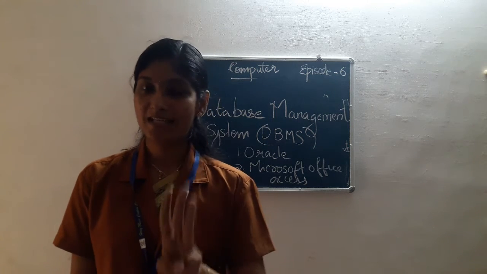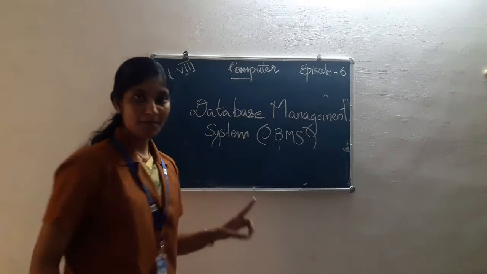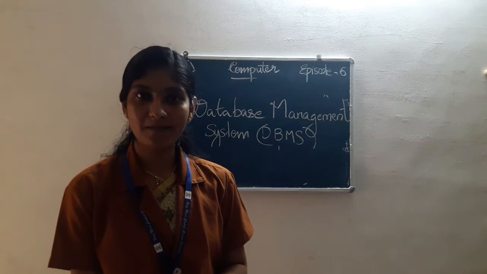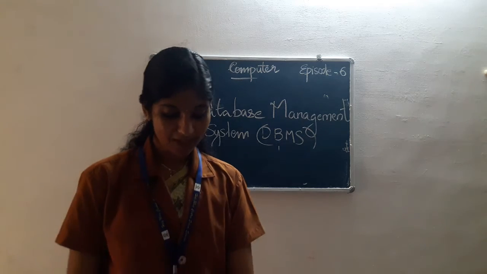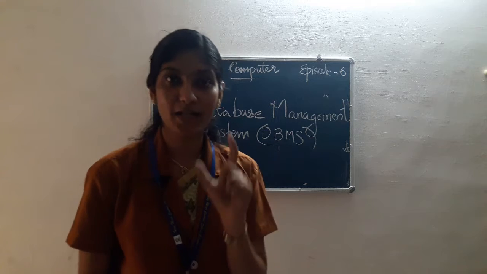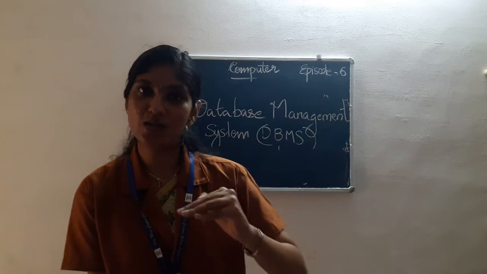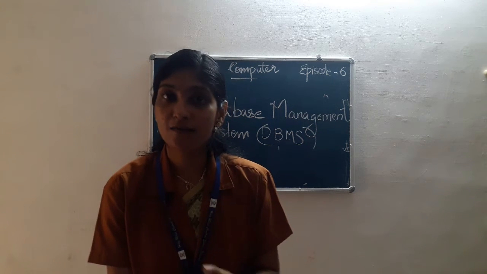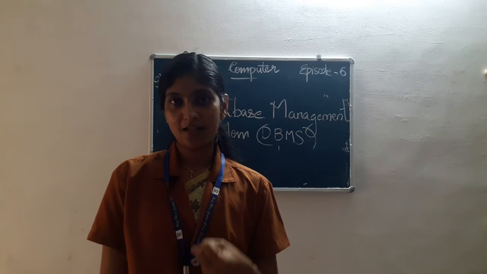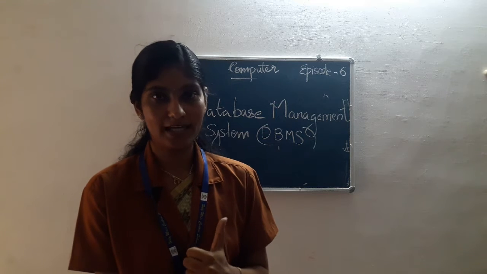So the definition contains three parts. The first part is the main facilities provided. So what are the main facilities provided by the DBMS? First, facilities to add and modify data in a database. A database system is simply a set of programs, a set of instructions, for adding data in a database, for deleting data in a database, or any modification we can do using that database management system.